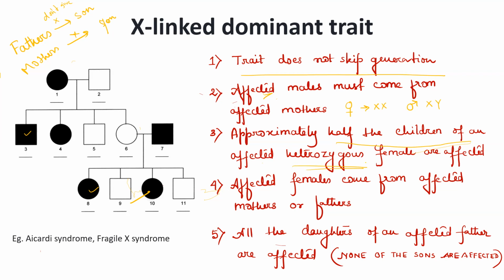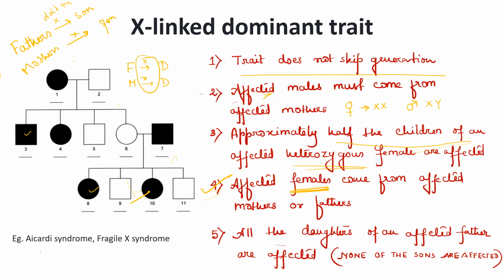Affected females come from affected mothers or fathers. Correct? Since it is in the X chromosome, for females, for daughters, they can inherit it from mother as well as father. Because see, for daughters, father is also giving one X to the daughter, mother is also giving one X to the daughter. If the problem is with the X, the daughter can inherit that diseased X from either father or mother, anyone,